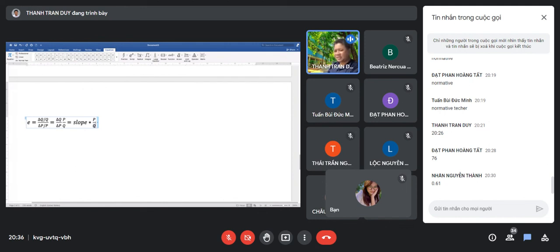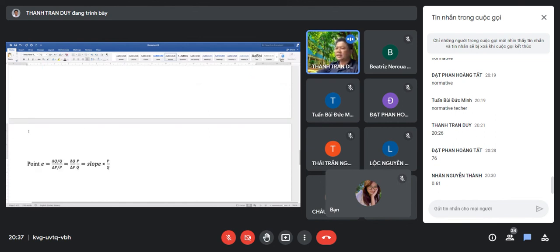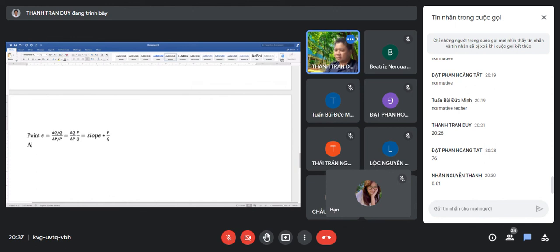We learned this one in class already, right? This is the formula they call point elasticity. And in the arc elasticity, right? The formula will be